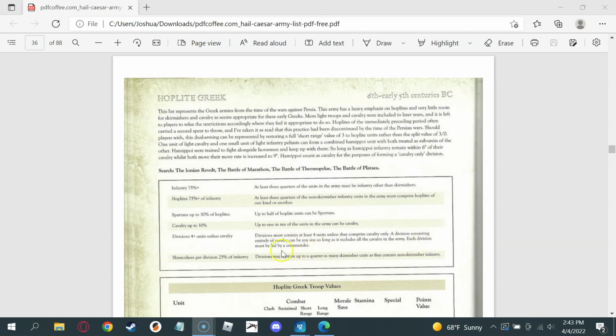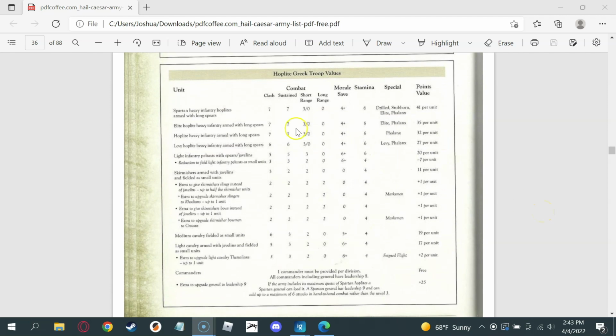So more specifically, divisions must contain at least 4 units unless they comprise cavalry only. So you can do a cavalry only division, but for this particular army list, you still have to follow these rules where 75% of that division, so 3 units in at bare minimum 4, will need to be infantry, and so on and so forth. At that point, you basically can see the price point per unit, and then each unit actually might have something